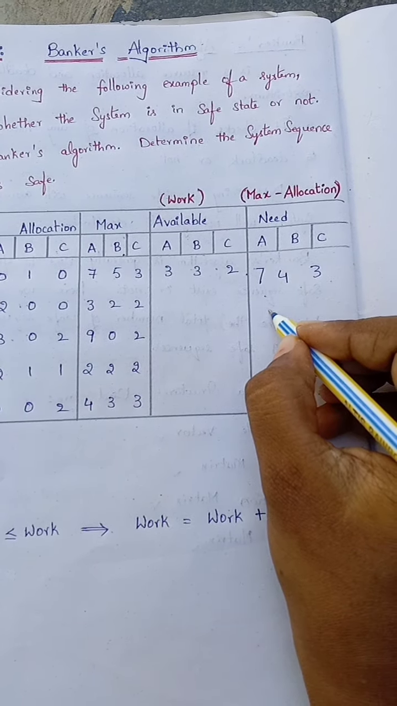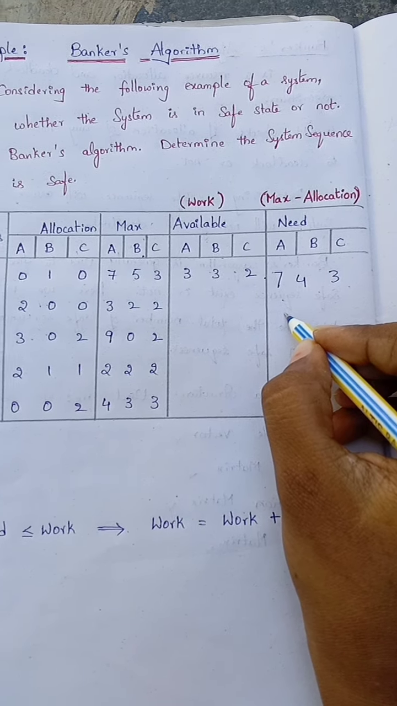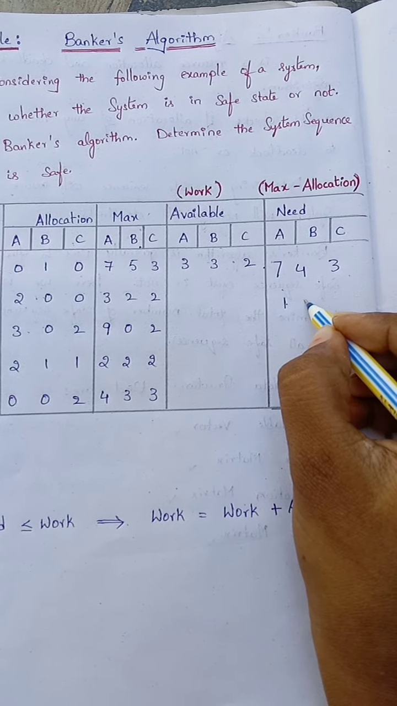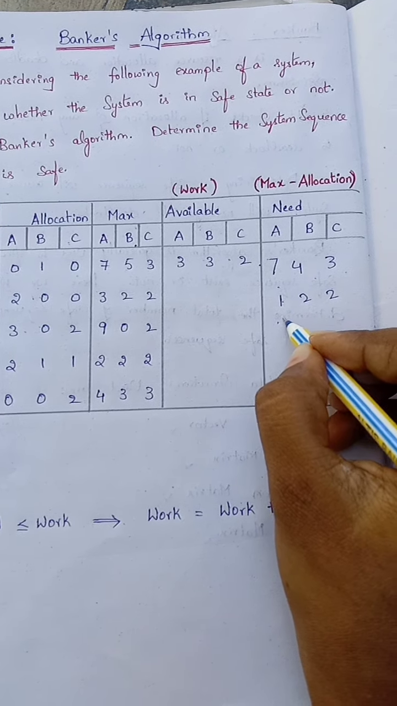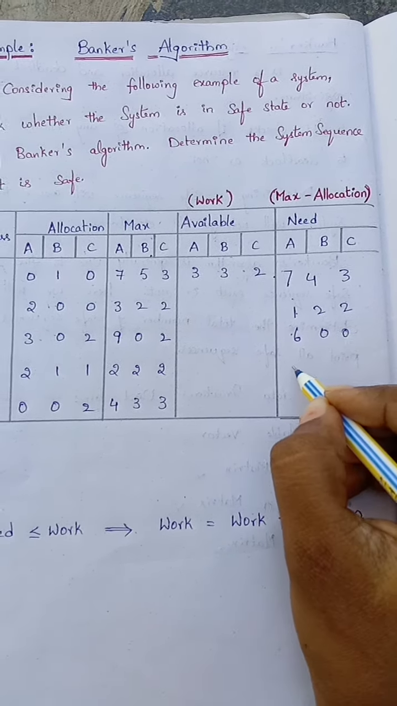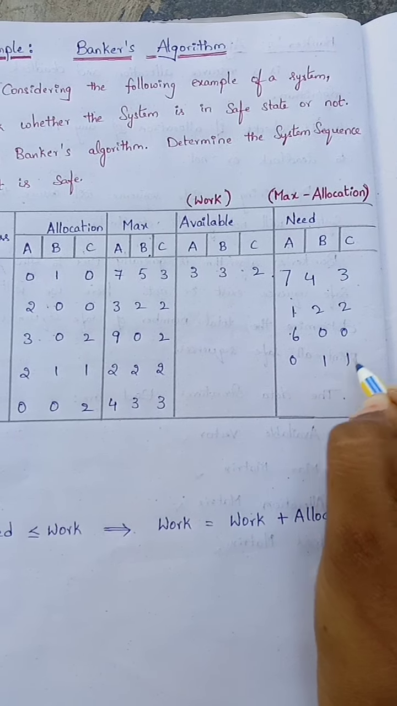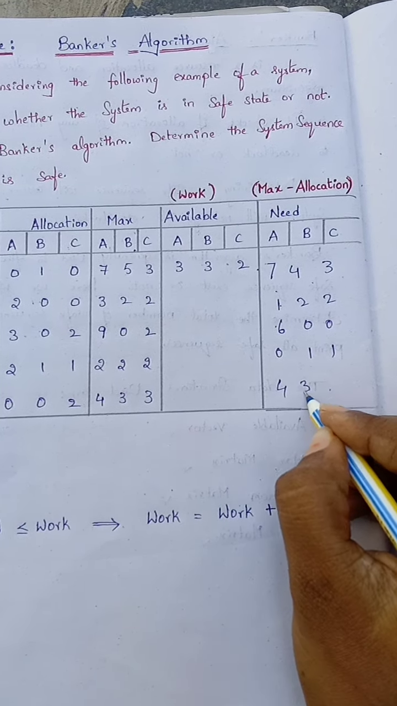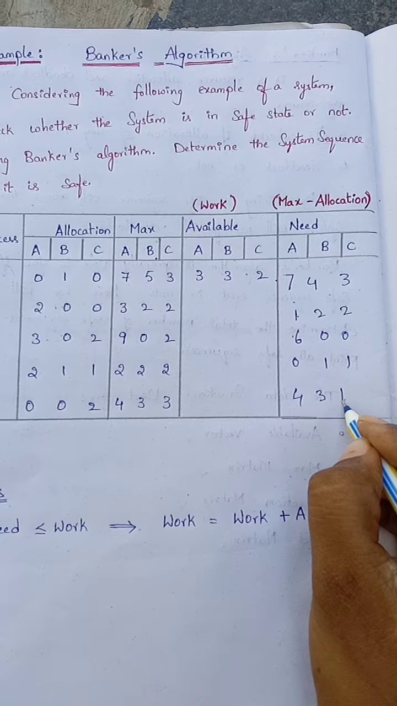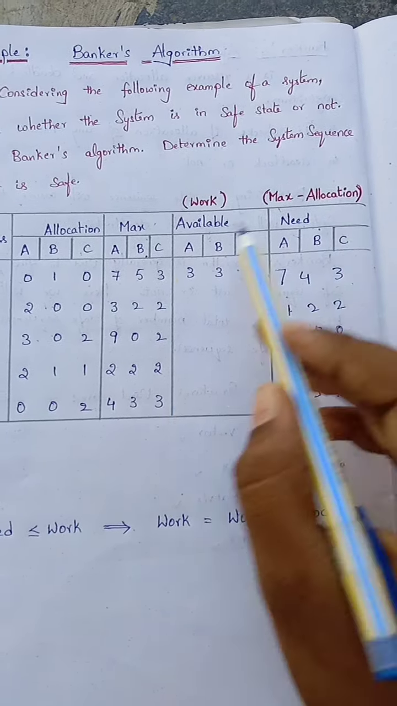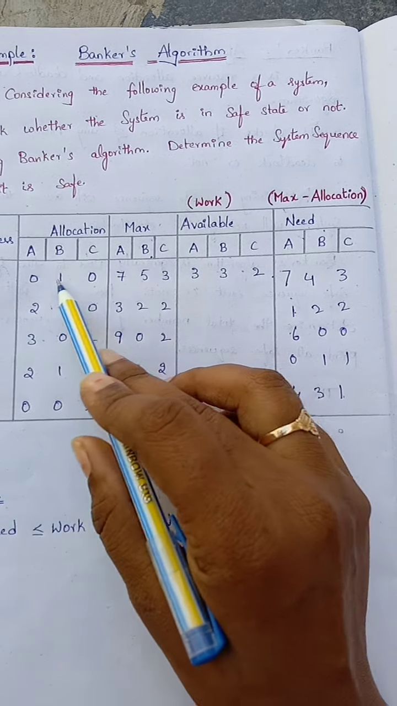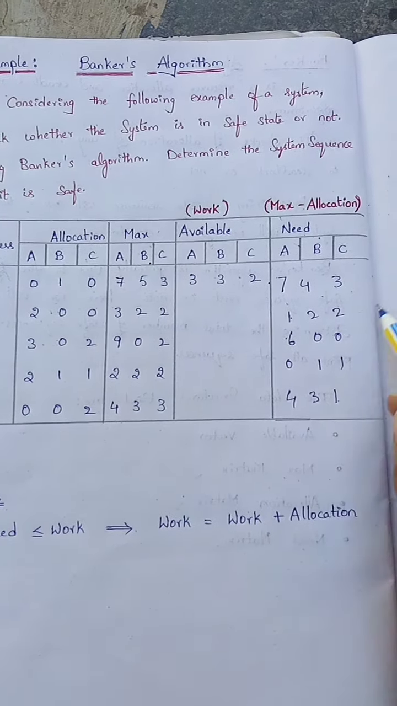Next, for process P1, 3 minus 2, 1. 2 minus 0, 2. 2 minus 0, 2. So 1, 2, 2. The next one is 6, 0, 0. Next 0, 1, 1. Next 4, 3, 1. So to calculate the need matrix, the formula is max minus allocation. Max values are given and allocation values are given. So next,